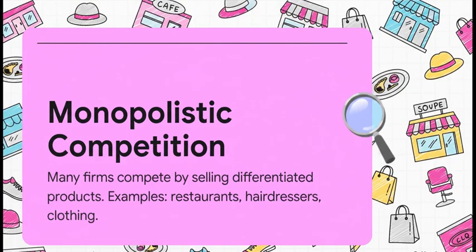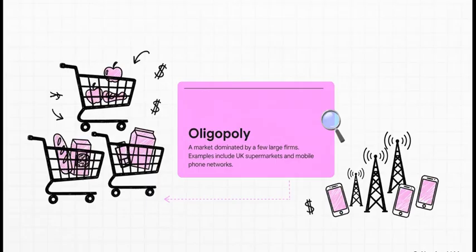First up, monopolistic competition. Yeah, the name sounds a bit complicated, but I promise you, you know this one inside and out. There are still lots of companies, but here's the twist. Their products are all a little bit different. Think about restaurants. They're all selling food, sure, but one is Italian, one has great ambiance, another has amazing service. That's called product differentiation. And that little bit of uniqueness gives them a tiny bit of power to set their own prices.